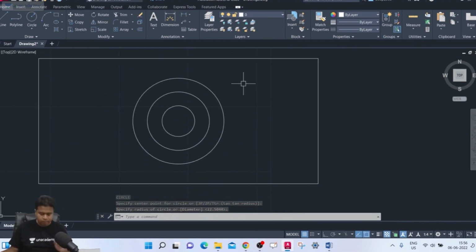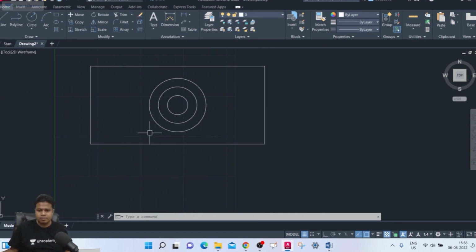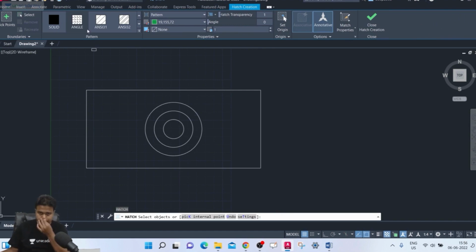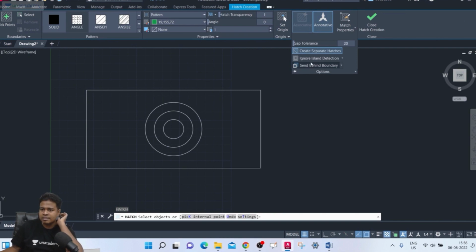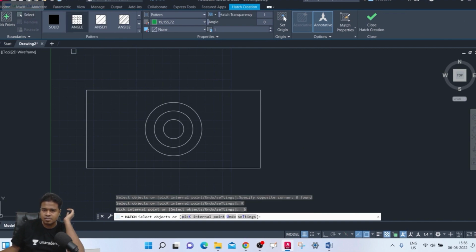Now you can see we have different shapes. Go to hatch. Now I am going to explain this part. Okay, we'll explain. Let me select this as my hatch. Select this boundary. Now you can see